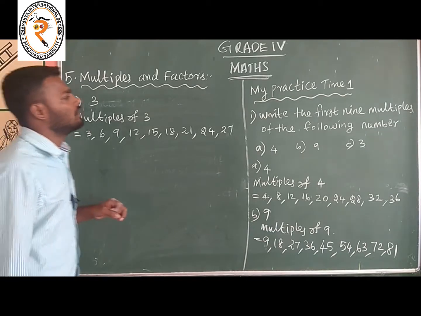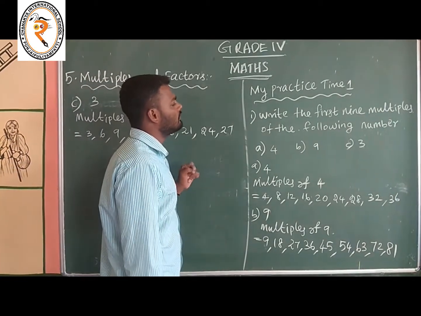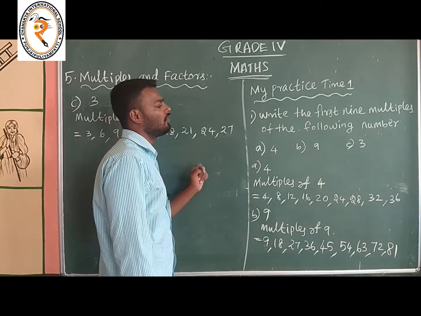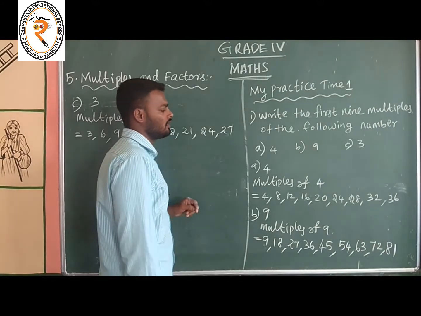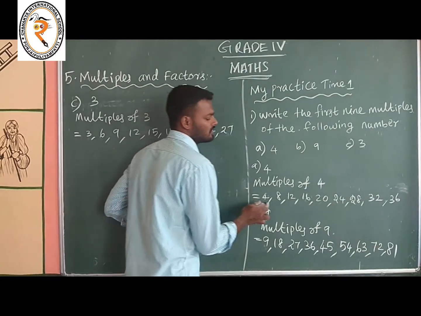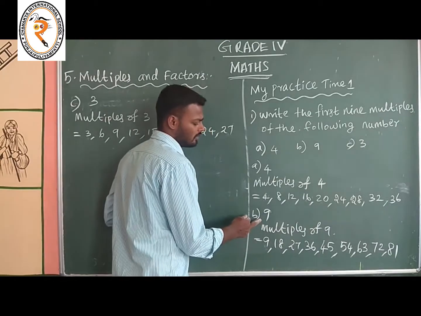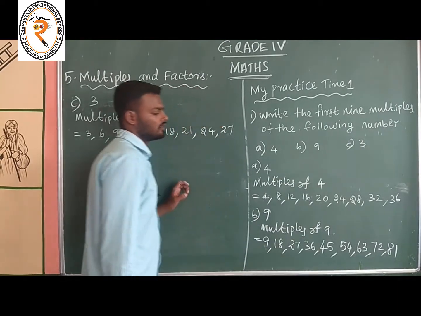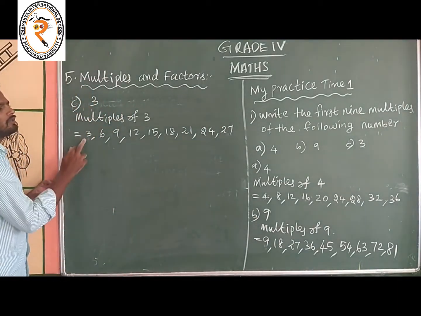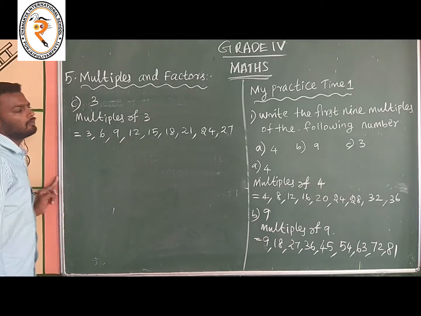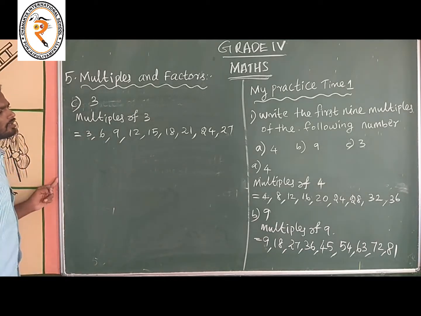So, my practice time 1, first question. We found the first 9 multiples of 4, 9 and 3. In the fourth table, first 9 multiples. And in the ninth table, first 9 multiples. And in the third table, first 9 multiples of 3. And the second